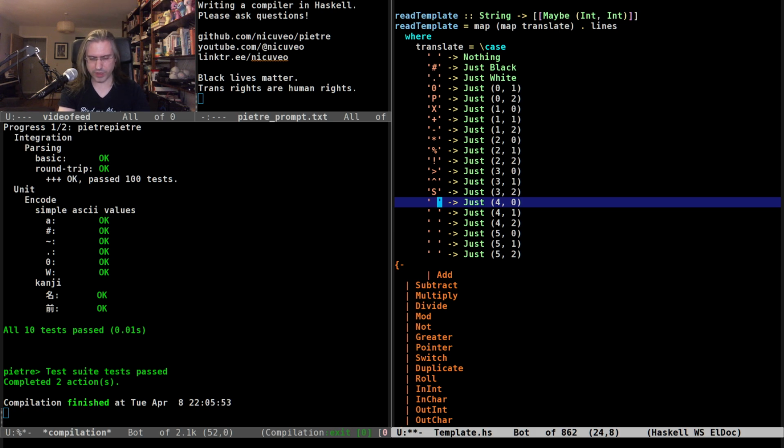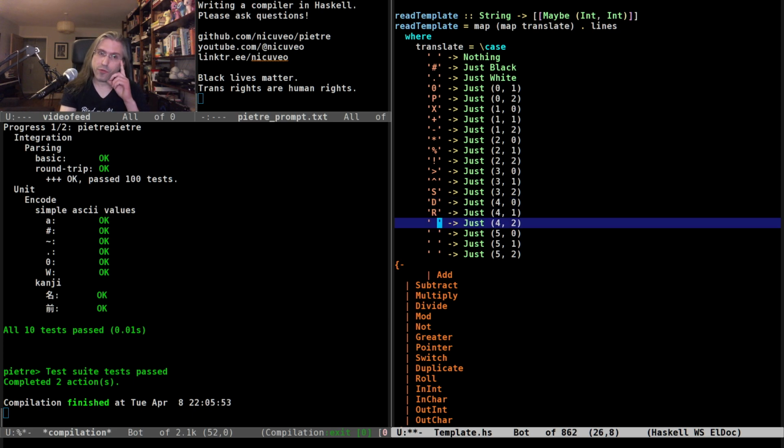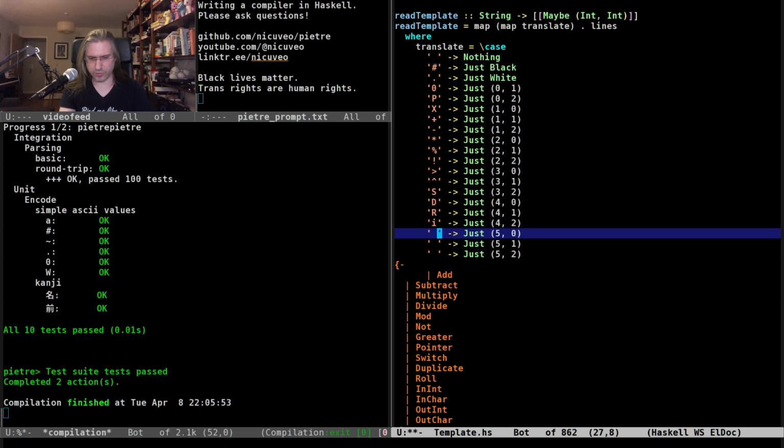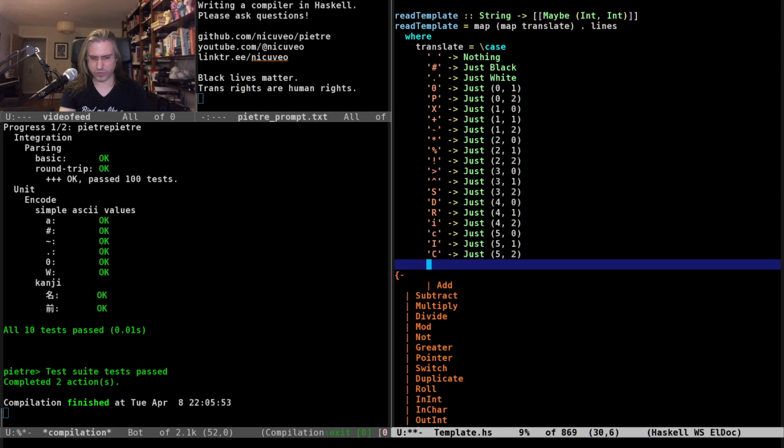Then we have switch, which I think can be S, duplicate D, roll R, and then we have the four input output functions. For which I'm just going to use lowercase, uppercase. I think those are rare enough. So input int, input char, output int, output char. There we go. And anything else is an error.